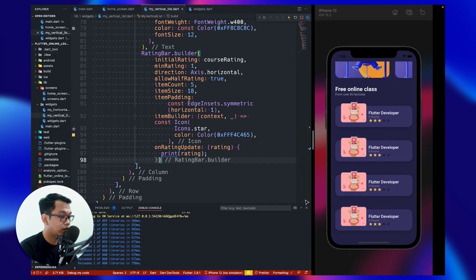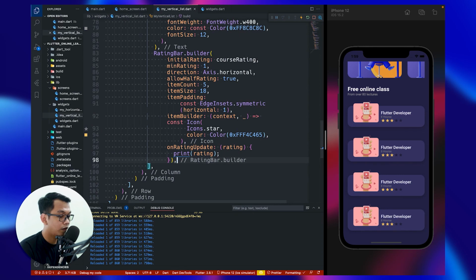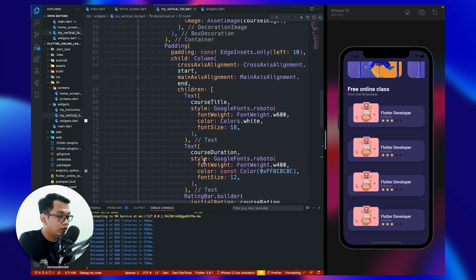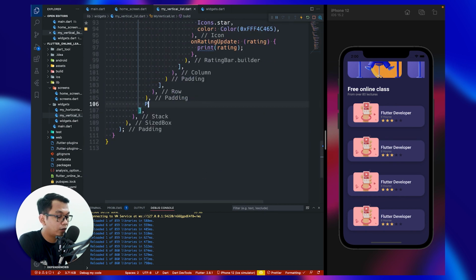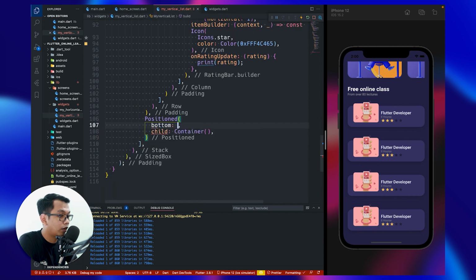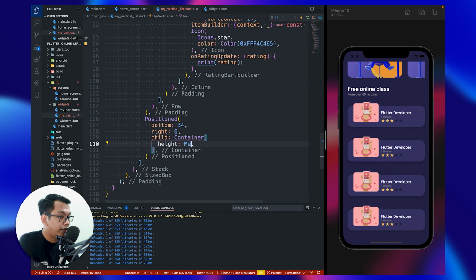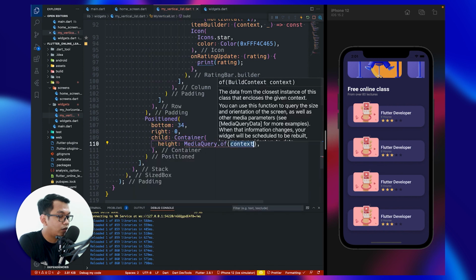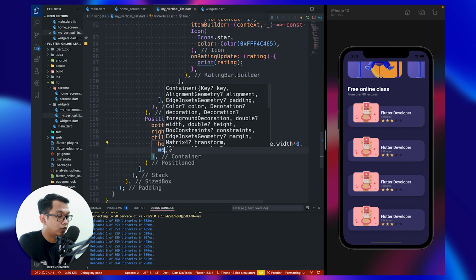And last but not least, we have to add this. So let's see. Inside of our stack widget, we add another Positioned widget. For the child, we use Container. For the bottom, set it to 34. And for the right, 0. Let's check it. Okay. And for the height, we use a MediaQuery of size width times 0.06, and